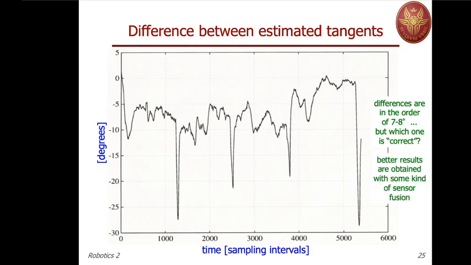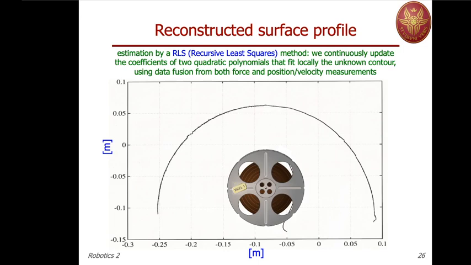So the idea is that probably better results could be obtained by doing sensor fusion. And in fact, here is the final result. The object, the mysterious object that I'm talking about, is in fact the contour of a film reel of a movie. The radius was 70 degrees. There are some tags, regular tags placed, let's say, every 45 degrees, more or less. And these are the situations where the force measured on the normal has a peak, because in fact it enters